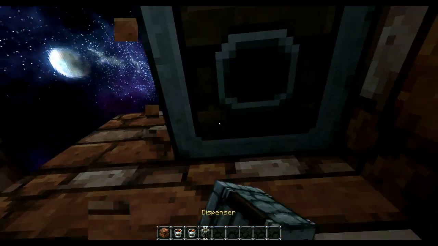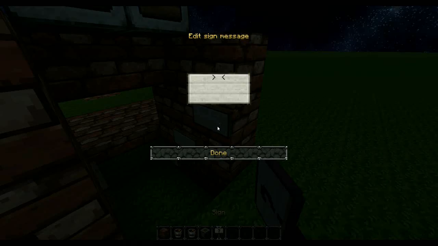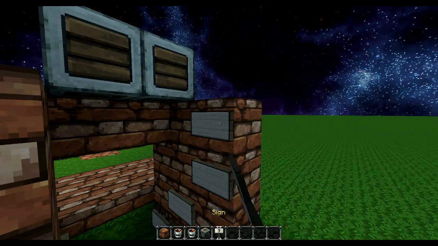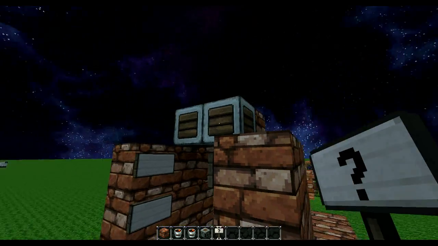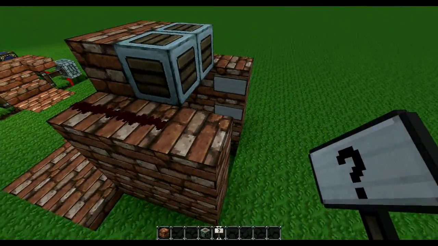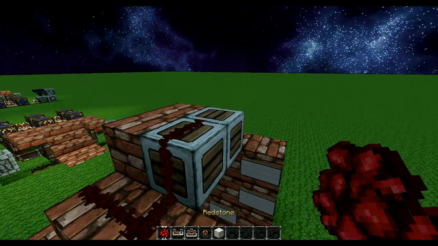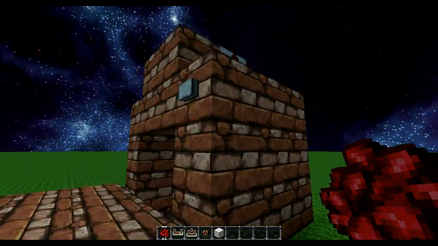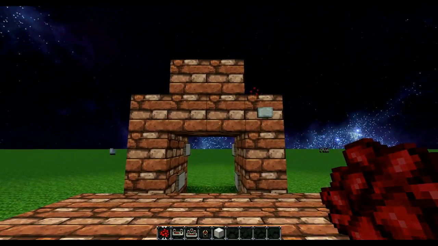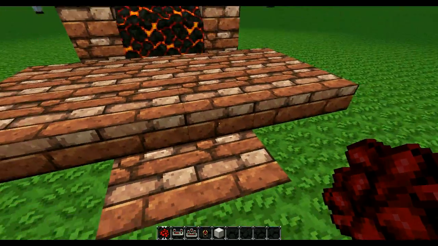Sorry, wrong block. So just place it up one more, and then when the lava flows down, let's just place these. Drop one in there, one in there. Need my redstone. And up top. When it drops down, it's not even noticeable from the very top,